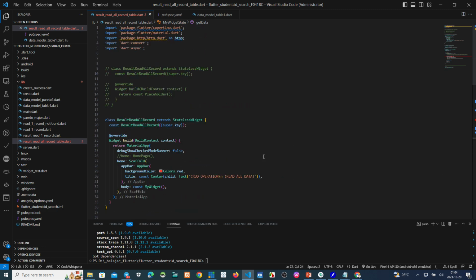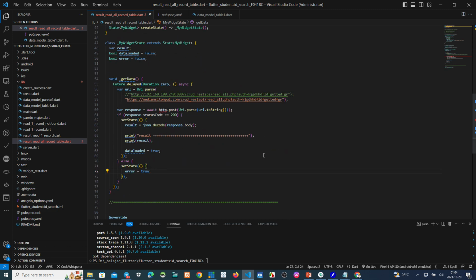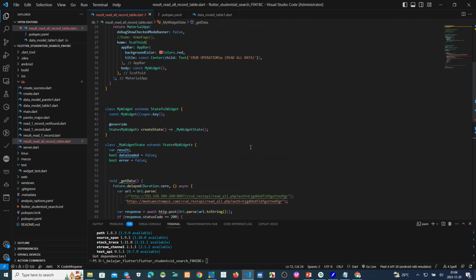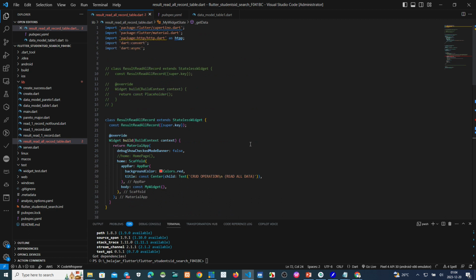Why is this one still red? HTTP. I think we can clean first.